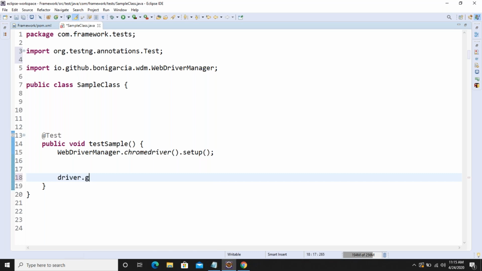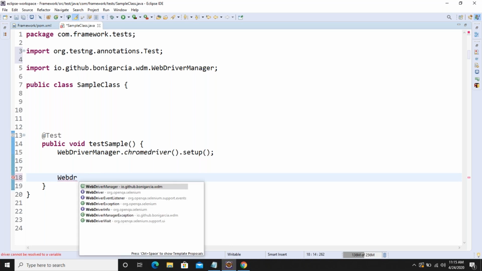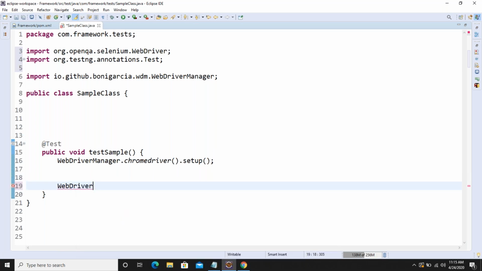So we all know that it sets a Chrome driver, and we need to initialize the driver first. So we take the reference of the WebDriver interface.